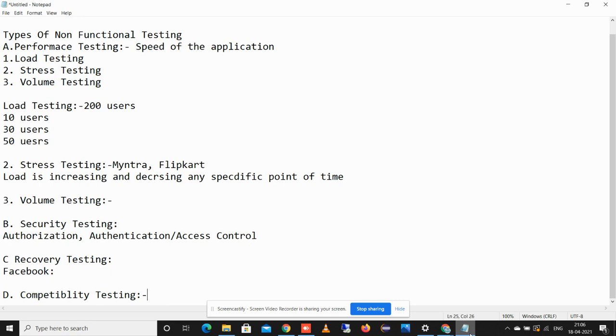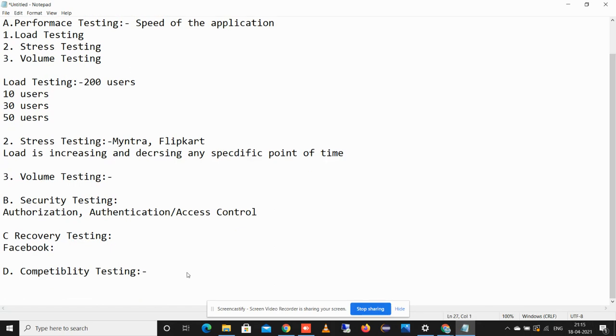This is also part of browser compatibility, OS compatibility and hardware compatibility testing. Suppose the customer says 8 GB RAM, 16 GB memory, so our application should be able to work with that configuration. This type of testing is also part of configuration and compatibility testing. Hardware compatibility testing is also called configuration testing.